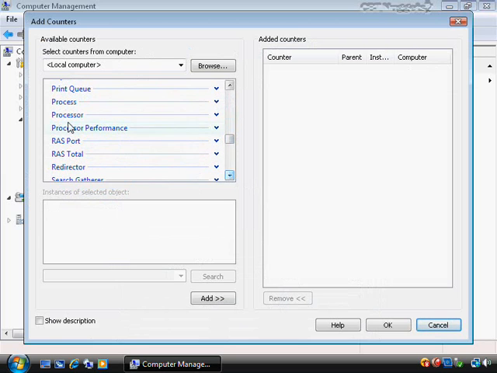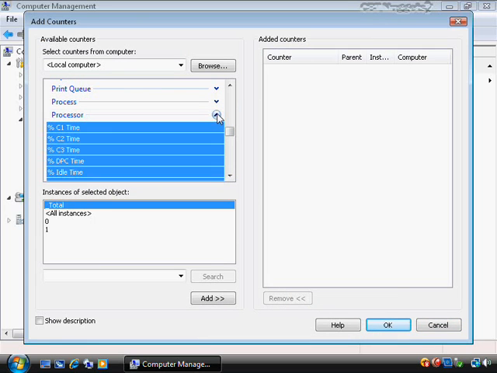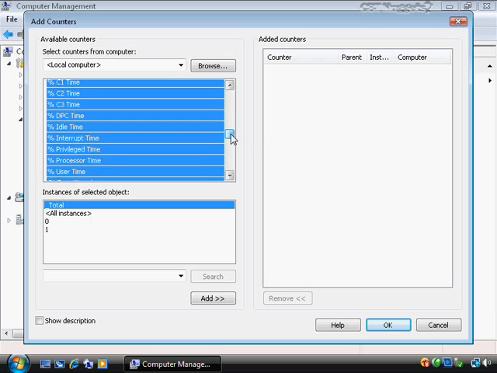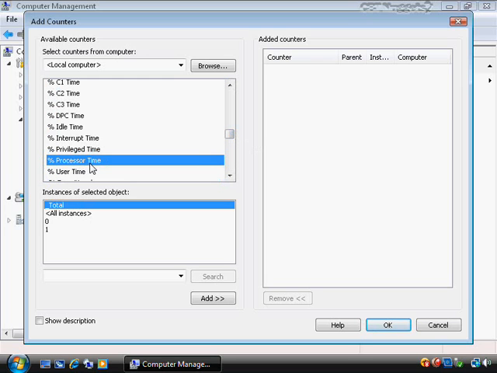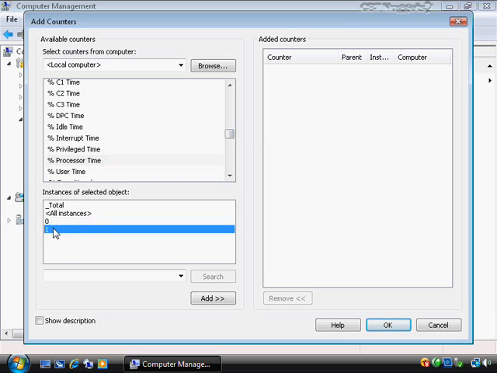most people. First of all, we'll take a look at some processor performance here, and we can take a look at this and see what the percent processor time is. This is what percentage of the processor time for utilization is going on. So if I select this item, I can choose various instances of the selected object, like total, which would be a total across all of my processors, or all instances of my processors, which in this case is 0 and 1. I actually have a dual-core processor which functions as pretty much two separate processors in terms